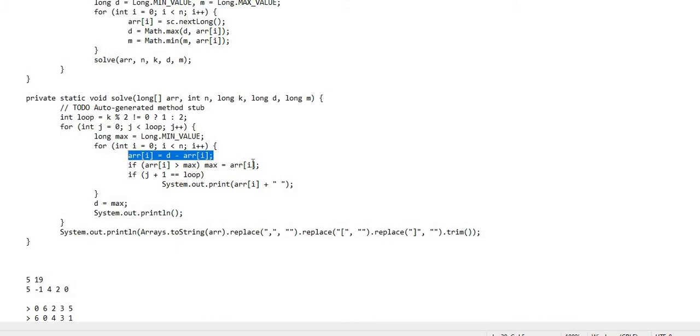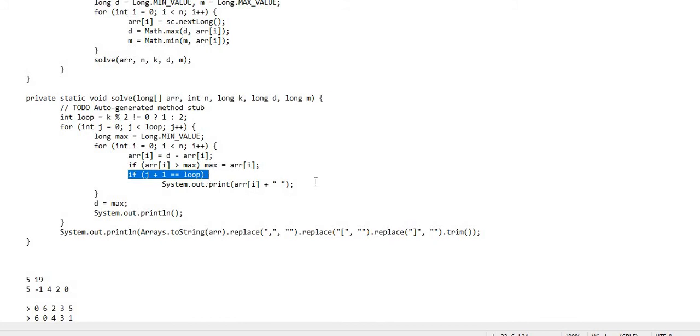After that I update the max value, because if my loop iterates twice, I should have the second, modified max value from the array. And once the j counter reaches the last iteration, since it is zero-based indexing, that is when j plus 1 equals the loop count.